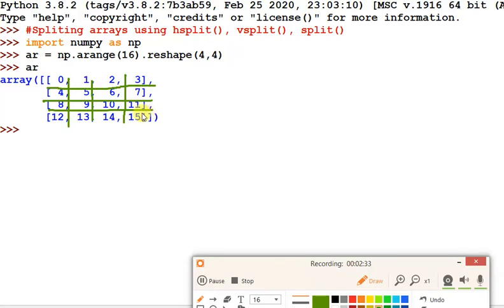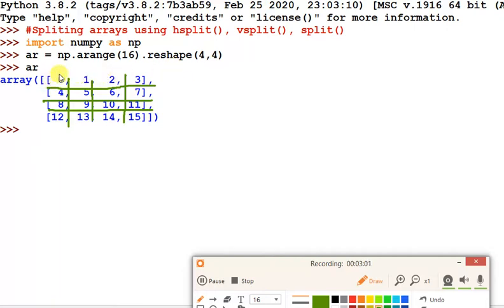Vertical split: suppose these are the columns and you want to break the column. So this is the vertical, and if you want to break it, this is the vertical subset. Axis 0 is the vertical subset and axis 1 is the horizontal subset.